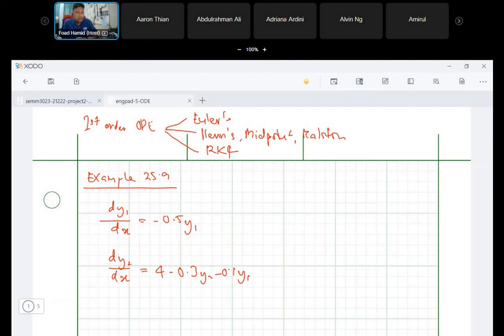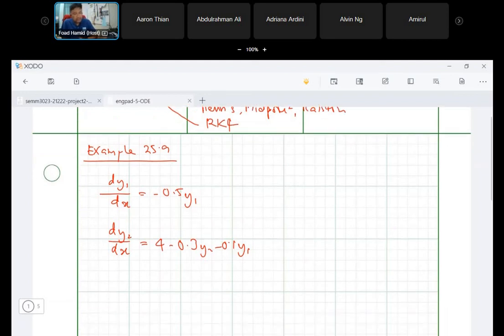Okay, so we know how to solve one first order ODE. But in this case, we have two first order ODEs. So how do we solve this? The way to solve this is just to solve them simultaneously. Because we have two first order ODEs, we must have two